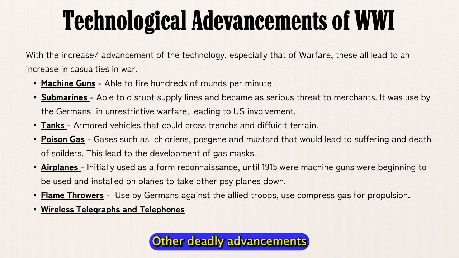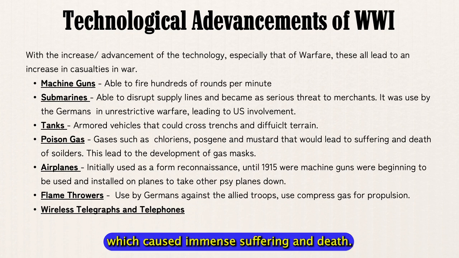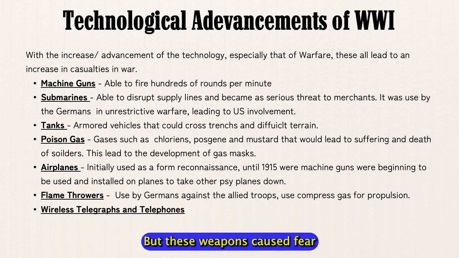Other deadly advancements included poison gas, such as chlorine, phosgene, and mustard gas, which caused immense suffering and death. Soldiers had to develop and use gas masks to protect themselves, but these weapons caused fear and panic on the battlefield. Flamethrowers, used by the Germans, were another terrifying weapon, using compressed gas to shoot fire at enemy troops in